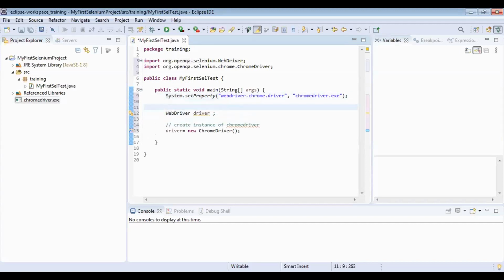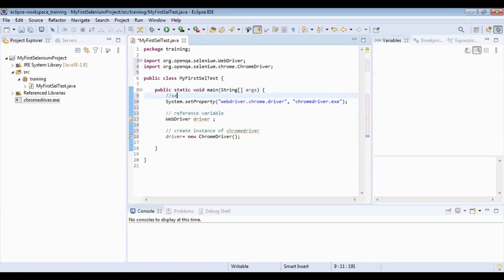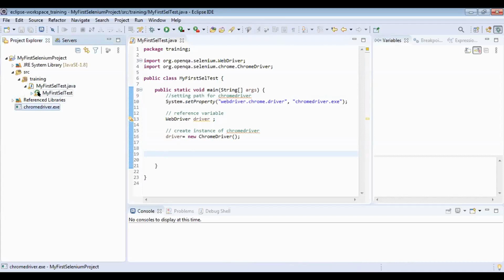And here it's a reference variable. And here setting path for Chrome driver. So let's see whether it is launching the browser or not. Let me run this.